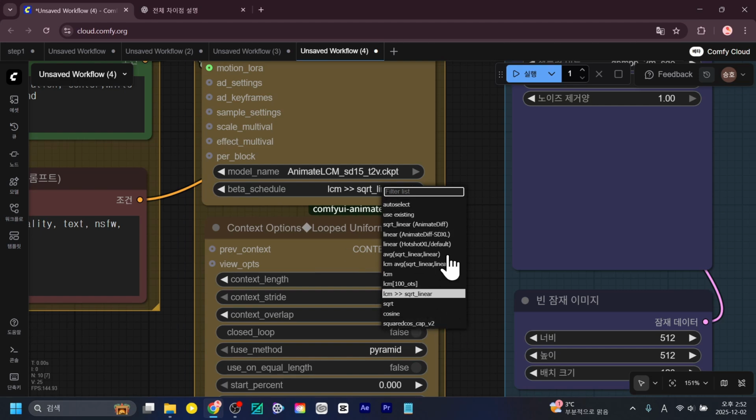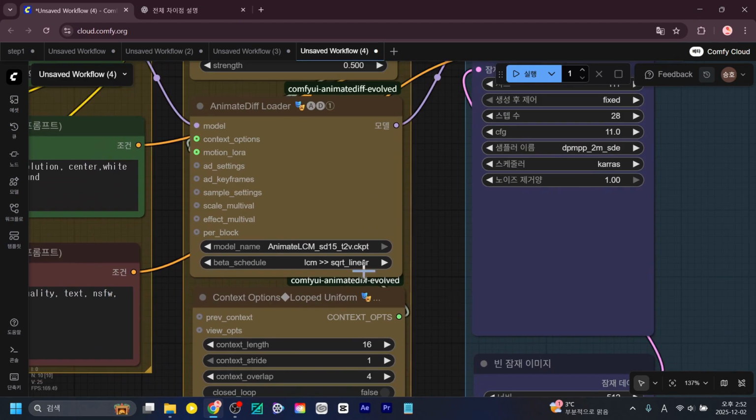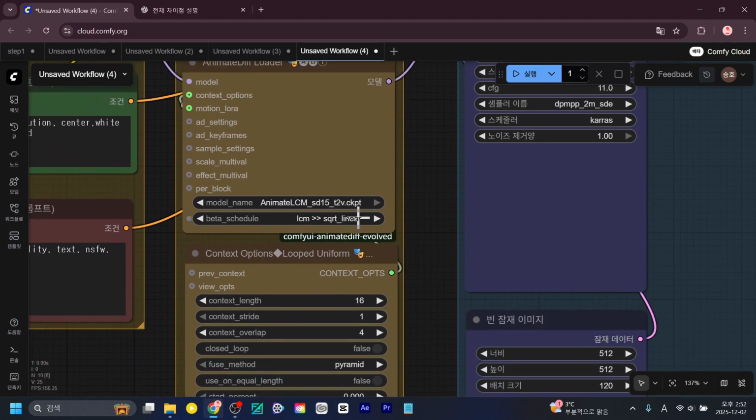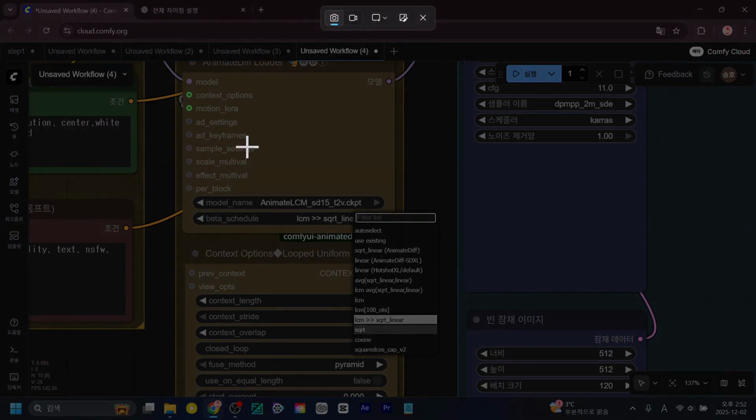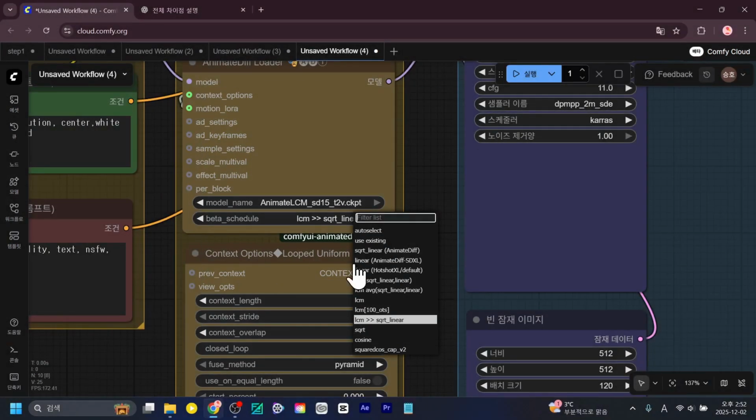If you genuinely want to study these settings in much greater detail, you can press Windows plus Shift plus S to capture the screen and then ask GPT to thoroughly explain the specific values and their implications. That would be a very good and effective way to study and understand them.